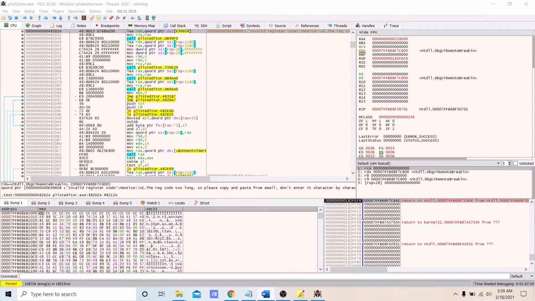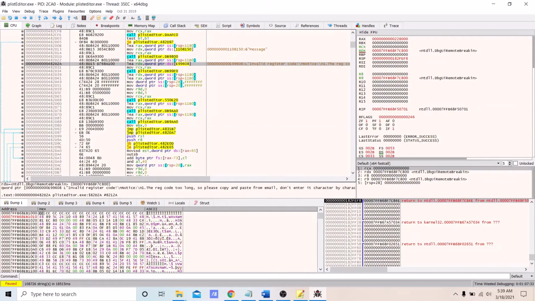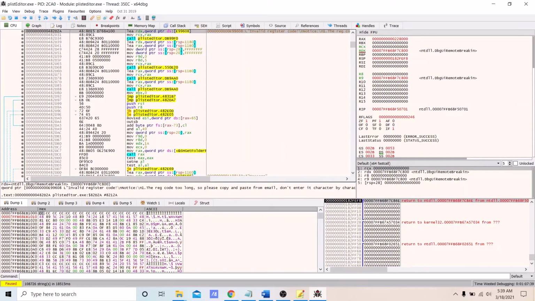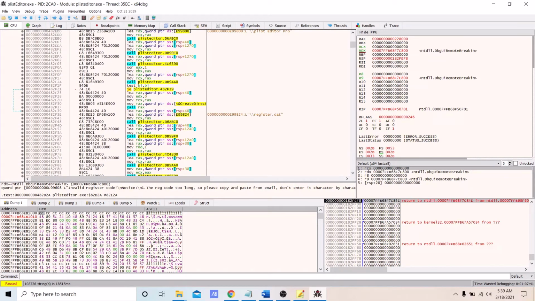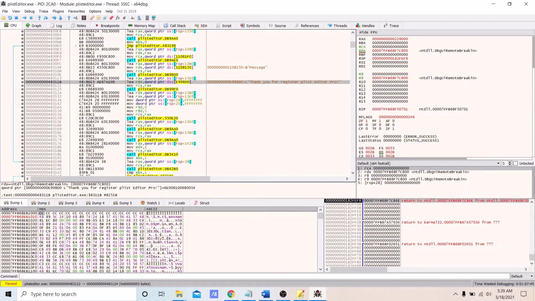Now you need to find the address of the instruction set that calls the error message. So this is the error message, invalid register code, that we actually wrote down. Now you need to scroll down until you find the message registration is successful. So this is it: thank you for registering Plist Editor Pro. After we found it, we need to see its address offset in order to make a jump procedure